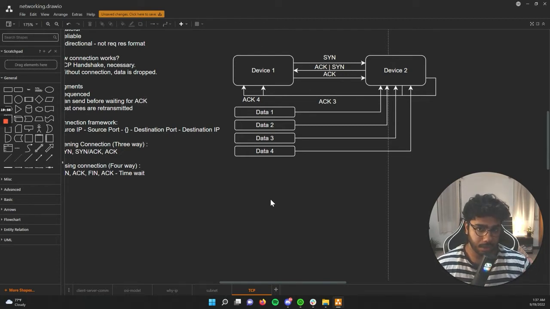We'll come to how to handle that, but for this use case, let's assume all the data that was transmitted was received by device 2, not necessarily in order, it can be in a different order also. Then how would device 2 tell device 1 that it has received these 3 pieces of segments? It will just send an acknowledgement, which will be in context to the last piece of data